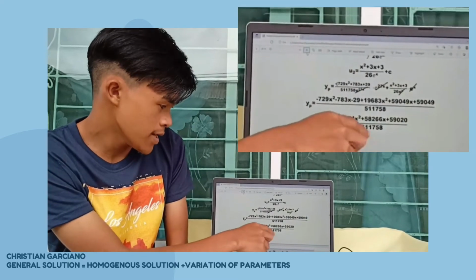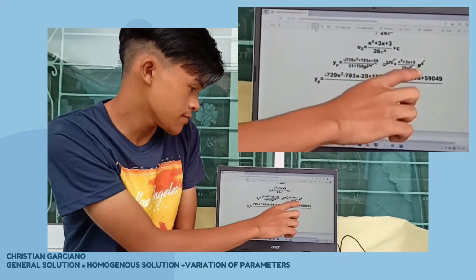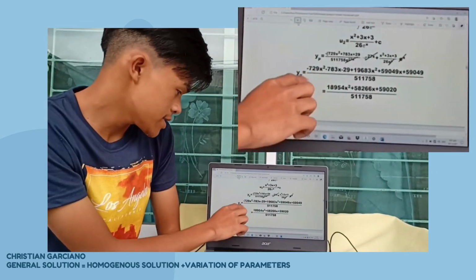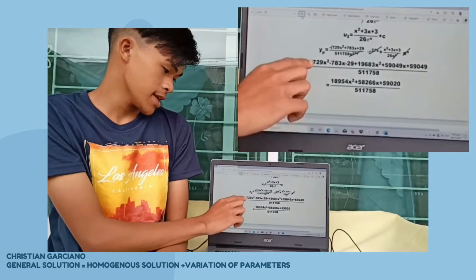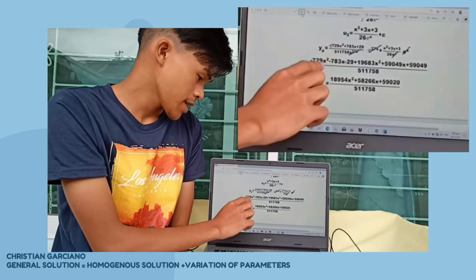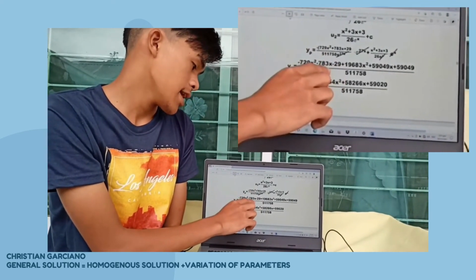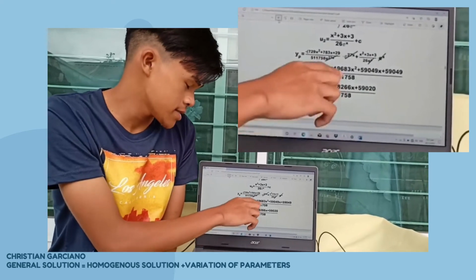So we will cancel out this and this. The remainder is yp equals negative 729 times x squared minus 783x minus 29 plus